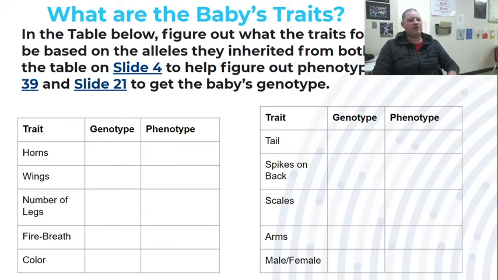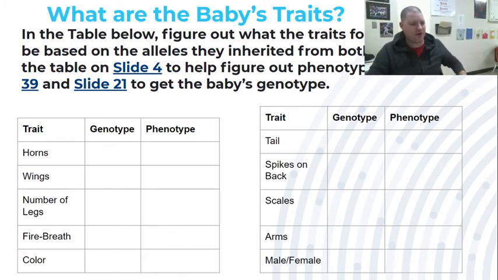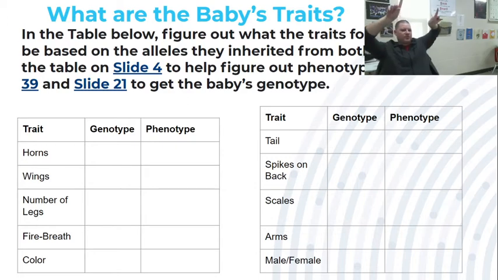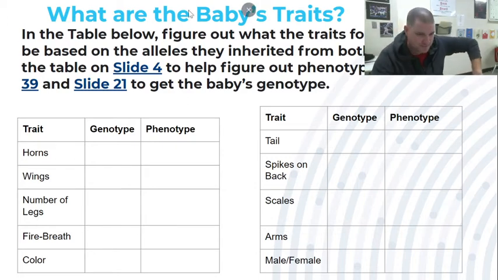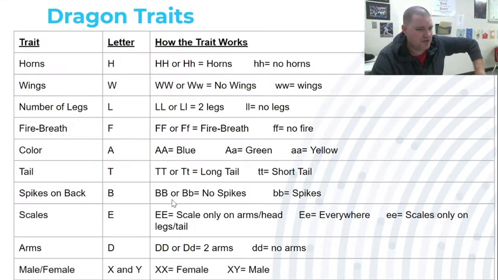For the baby, you need to go back and look at what you had for mom and combine it with what you had from dad, so that the baby dragon gets one thing from mom, one thing from dad. Figure out what the genotype is, and then use that chart to figure out the phenotypes. So write down the genotypes, write down the phenotypes. You can use this slide to go back and really easily access the